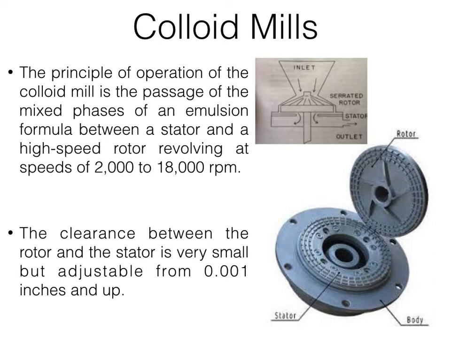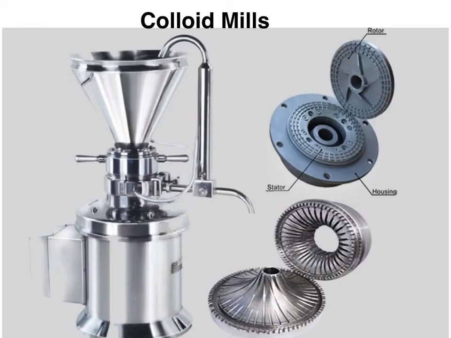It means that colloid mills operate on the principle of high shear which is generated between the rotor and the stator of the mill. As the name indicates, stator is static part and rotor is the part which revolves at various speeds. So, when the emulsion mixture passes between the rotor and the stator, it is subjected to a tremendous shearing action that produces a fine dispersion of uniform size.